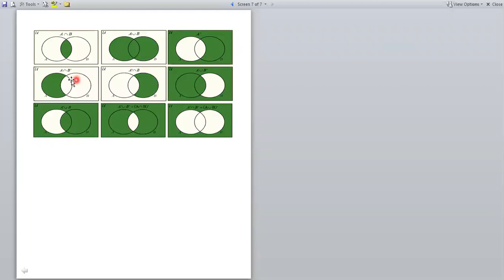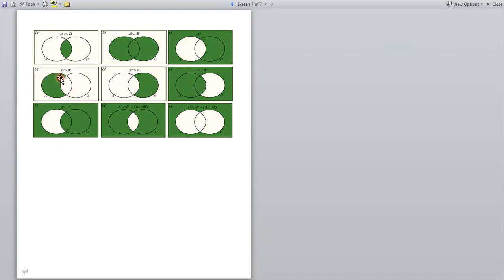Next, A intersection B complement. A intersection B complement means what is common to A with B complement. So this is B. B complement means the outside of B, that is, which is not present in B but is present in the universal set. After that we are applying the intersection of A with B complement.